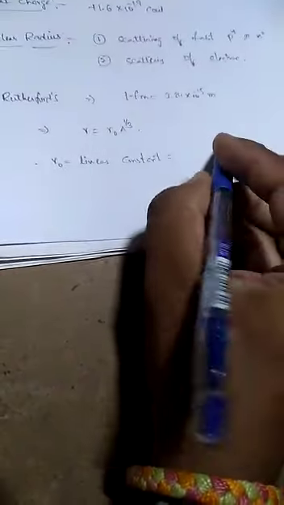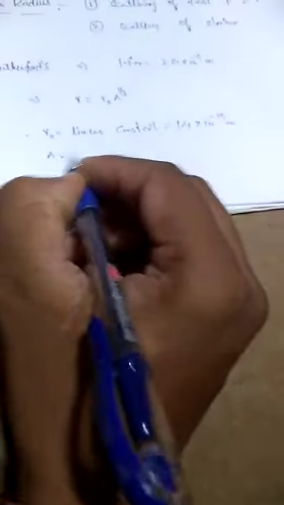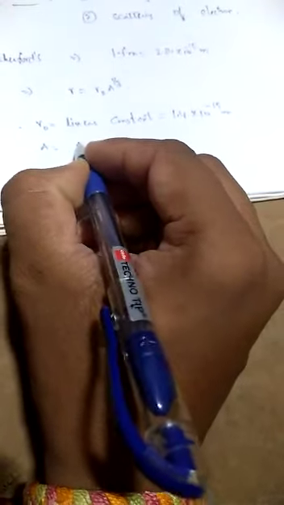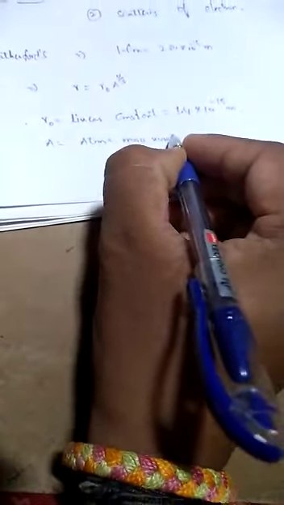Its value is equal to 1.4 × 10^-15 meters. And A is the atomic mass number. Okay, so this is the Rutherford relation. Okay, so now similarly we are going to discuss